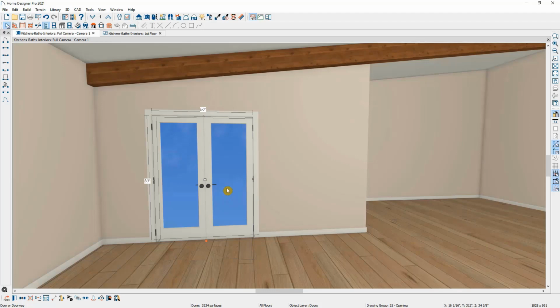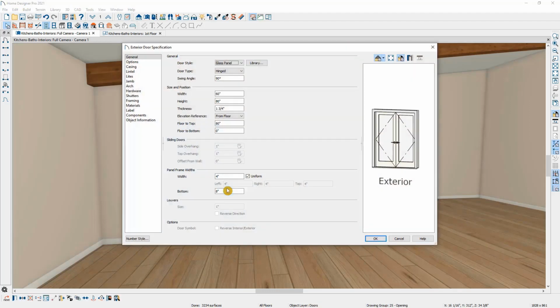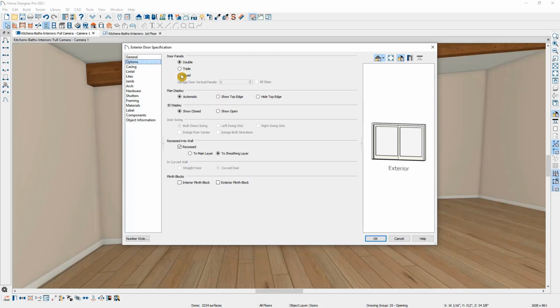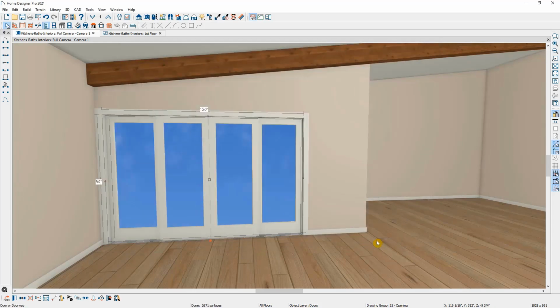I'm going to go ahead and double click on this door to open it up, and for what I want to do, I'm going to change the door type to be a slider door, and I'm going to specify that I want the width of it to be 120 inches. I'm going to press tab, and notice that we have 2 doors here for now, but if you go to the options panel, you can specify that it's going to be a quad door, and then I'm just going to press on OK,